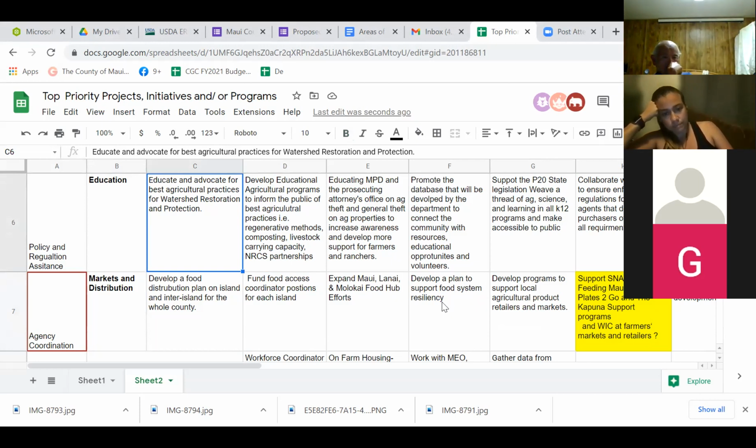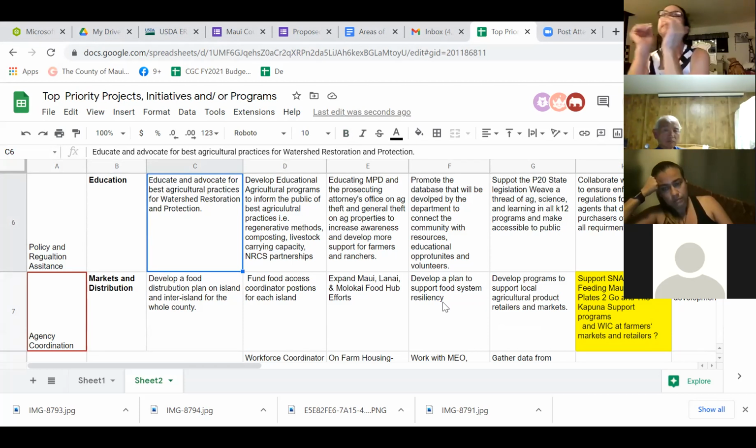Lauren, was there different language that you were wanting with this one? Actually, between the food system resiliency plan and a plan for distribution, I think that will cover it all for a Maui food system plan. We can add information in the future about collaborating with the Alliance, or maybe it doesn't need to be in the strategic plan, but the Maui Nui Food Alliance is here to support in any way it can. Once the department's developed, if there's anything they can outsource and work with other organizations to help do, I'm sure they're going to do that.